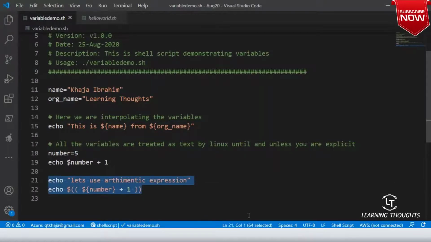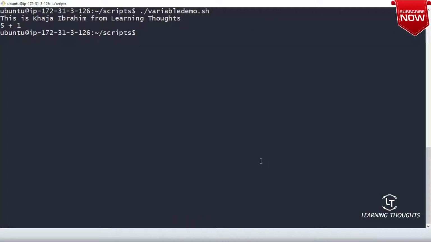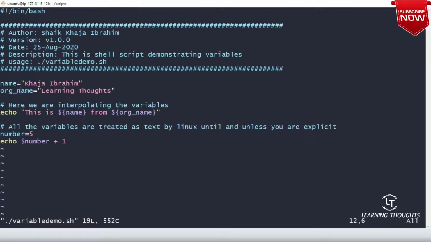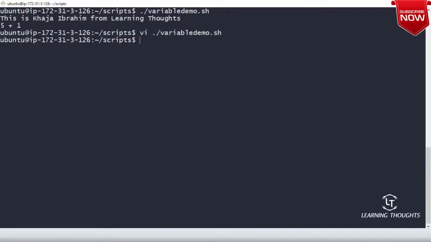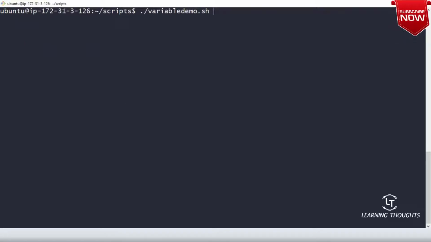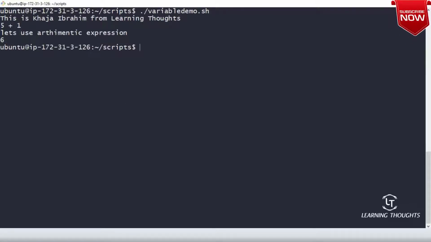Let us see what happens now. Let me add this to variable demo. I'm going to the last line, and then I'm inserting these two statements. And then let me execute this. So are you getting 6 this time?